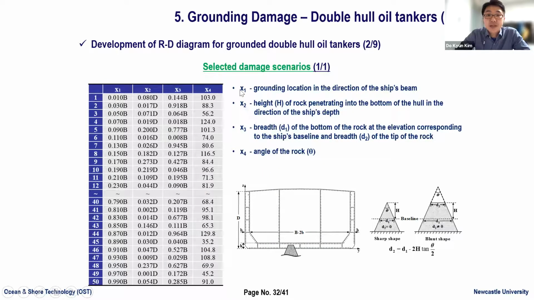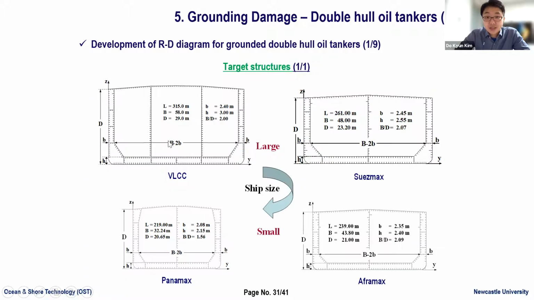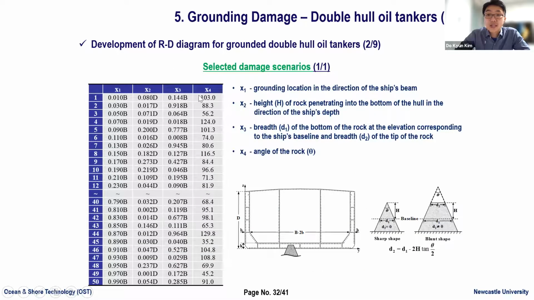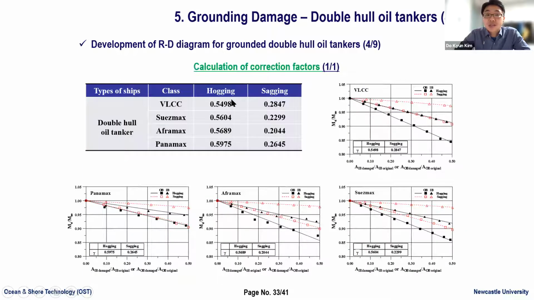We discussed the X1 to X4, about the grounding location and so on. So this is the selected scenarios. Of course, we defined the B, D, etc. in the previous section here. You can see the detailed parameters based on the selected vessels. So just substitute it, and then we can get the individual 50 scenarios, followed by the calculation of the